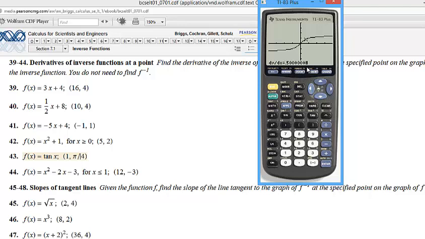Okay? So again, we need the inverse function theorem. And again, what it says is that the derivative of f inverse at 1, f inverse of 1 prime, the derivative evaluated at 1, or maybe how about I write it this way? It's almost easier to say in English than it is in symbols. Find the derivative and evaluate it at that point. It will equal